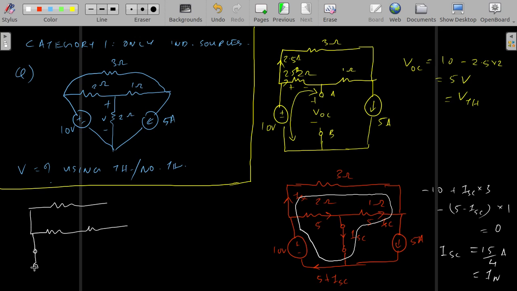So this will become a short circuit. We have our A and B here, right? We have our A, we have our B. This will be an open circuit. So this is 2 ohm, 1 ohm, 3 ohm. So we need to find R